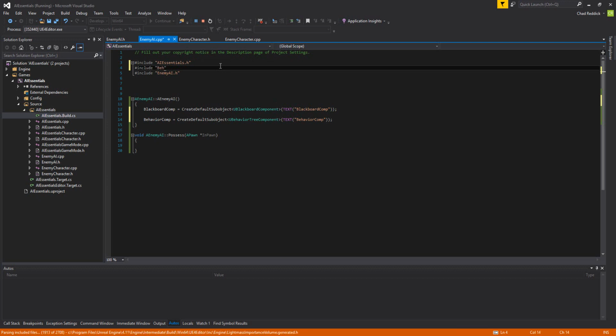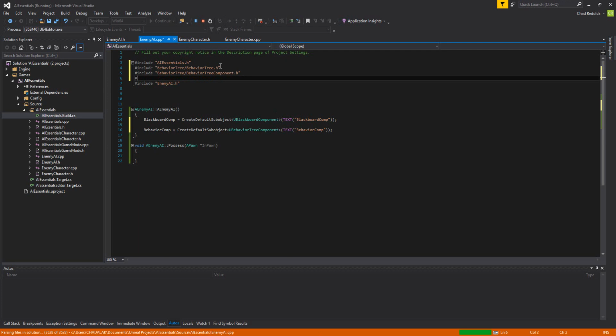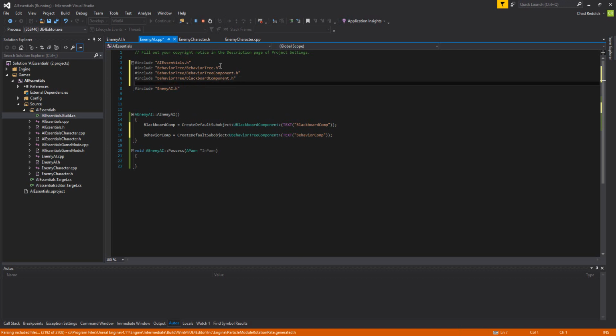Include BehaviorTree.h, because we need to have the behavior tree. We're going to be typecasting to a tree from our character class. Include the BehaviorTree folder. We include BehaviorTreeComponent.h, and then we also need to include the BehaviorTree folder. We also need to include the BlackboardComponent.h, and then we need to include the BehaviorTree folder